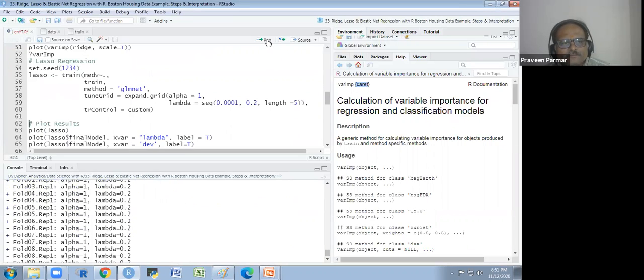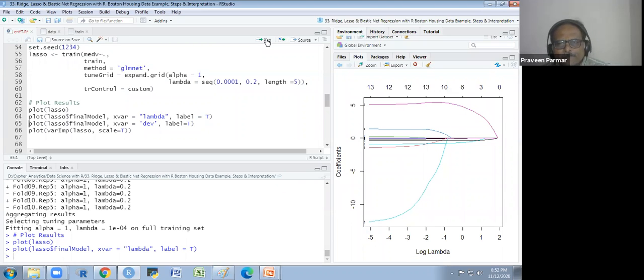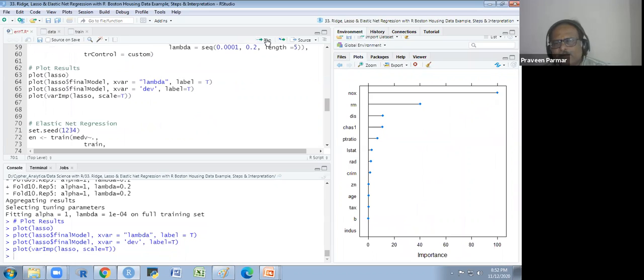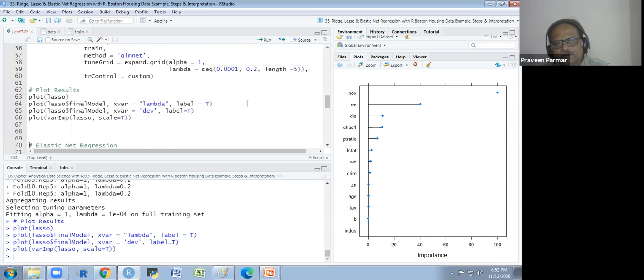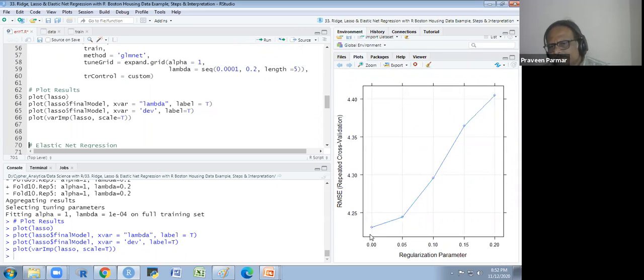I run it and I will show you the plots. So you see here the plot. RMSE is increasing from here itself. This is the variable importance it is providing me. But here you see, what should be the lambda?